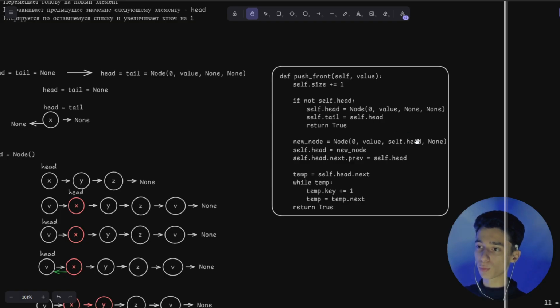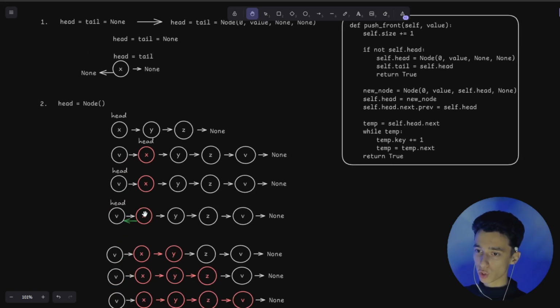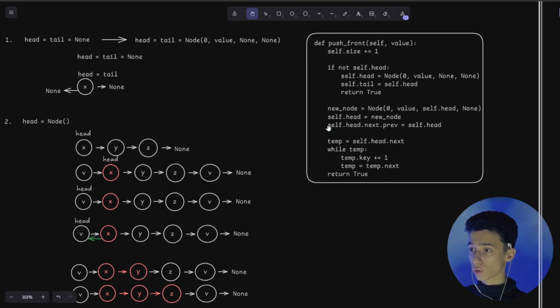We passed it, and he immediately filled it in. Now we say that self.head is new node, meaning we moved the head to the new element, and now self.head.next.pref, which roughly speaking, means that from the head, the next element's pref is the head. So we are restoring the connection. This means that the pointer of the next element to the previous one should equal our head. Or rather, it should point to the head. It's quite a complex notation, but when you delve into it further and work on your homework, you'll understand it